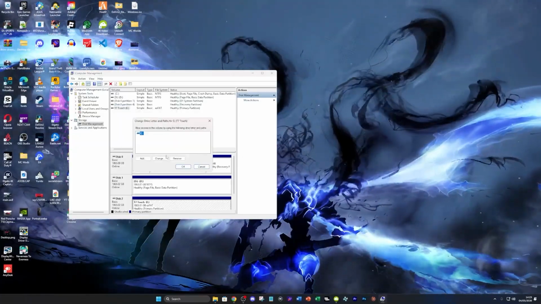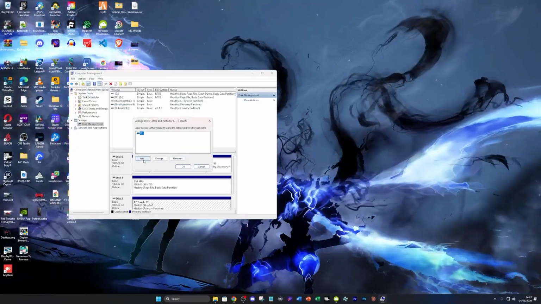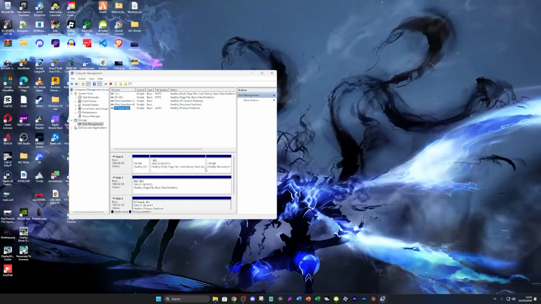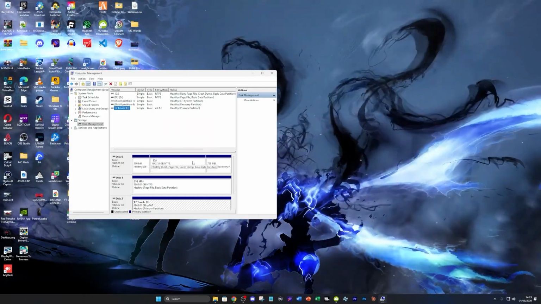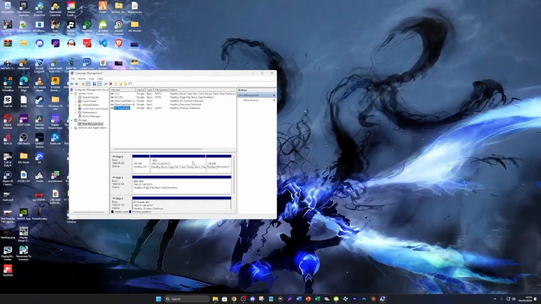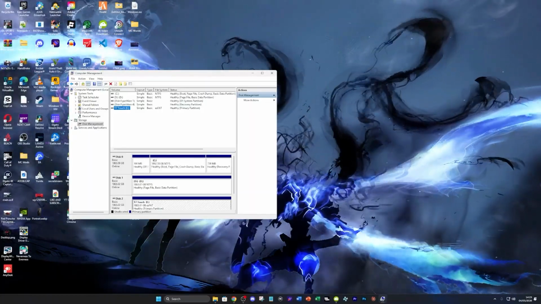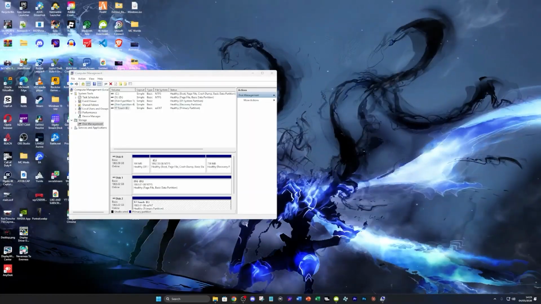Go ahead and click on that. And then if it doesn't have a letter, all you want to do is press add right here to assign it a letter, like E, anything like that. It just needs to be assigned a letter. Then try it again. And now if the drive works on your PC but not on your phone or TV,